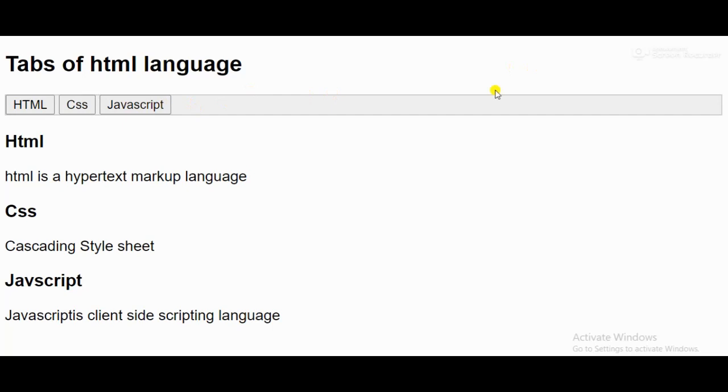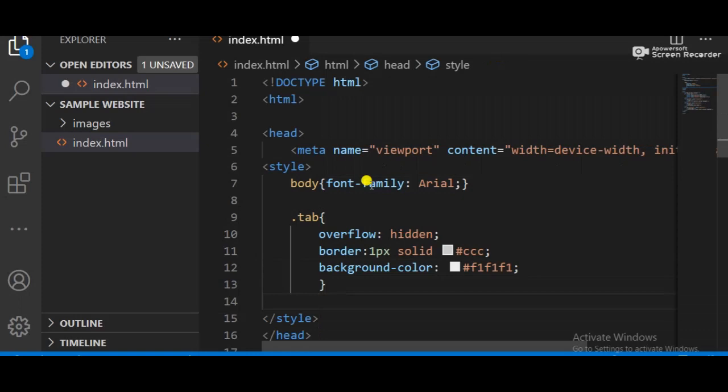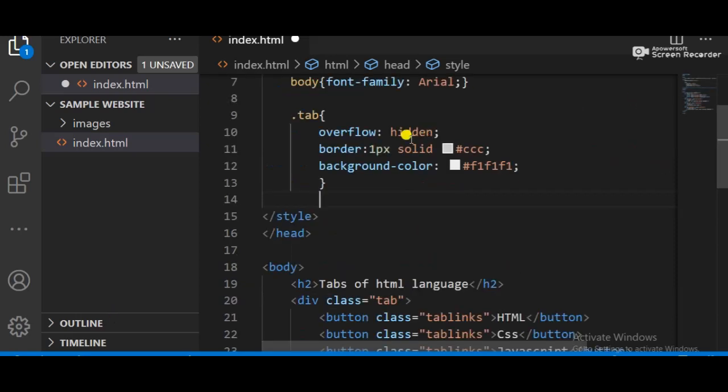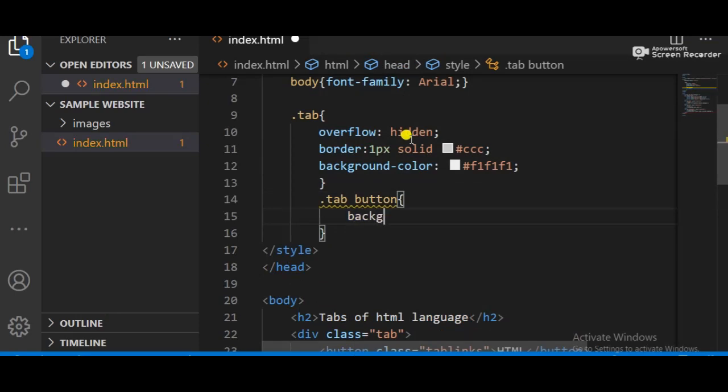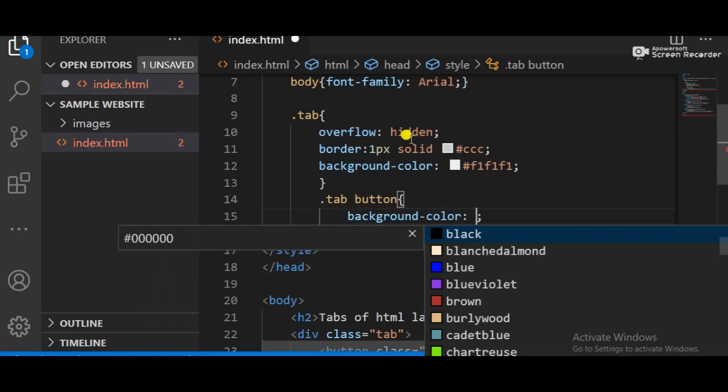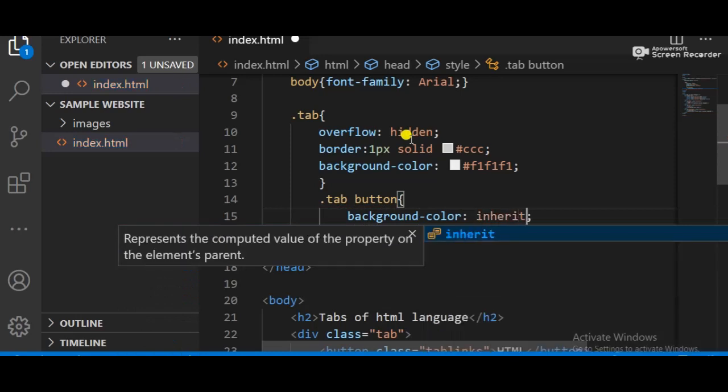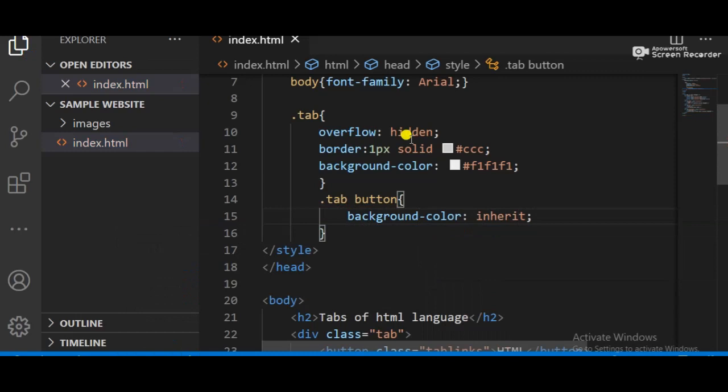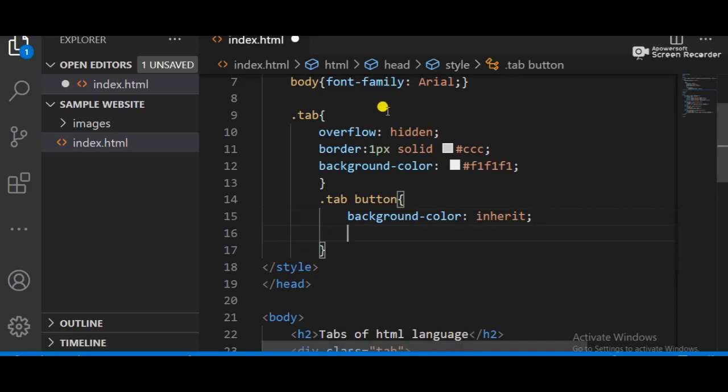As you can see, it looks like that. So in this case I'm just going to add a button, and what should we do? We need to apply the button CSS. So that is the important role of the CSS. You can see the difference. In the button tag we just apply background color inherit. So what does inherit do? Inherit means that you are overlapping your colors with the tab. Okay, so this is called inherit. I have a parent color like this, so it is inherited by the button.